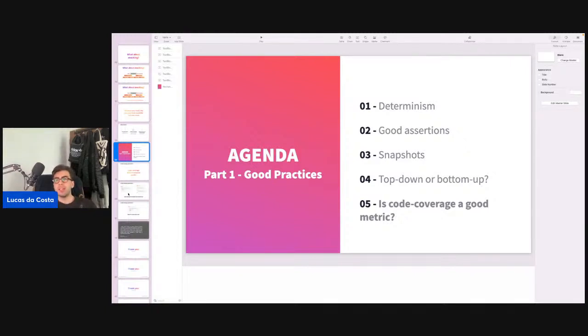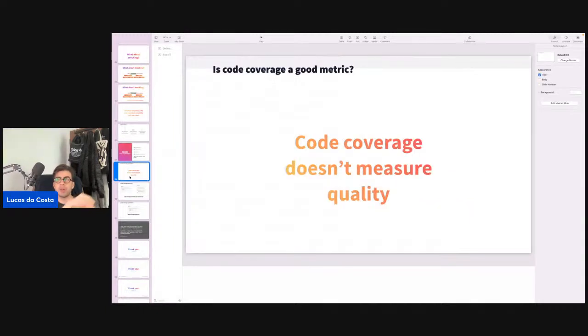Now, to finalize this, the most controversial topic: is code coverage a good metric? I was talking about this with Fernando last time in the podcast we've done, and one thing that